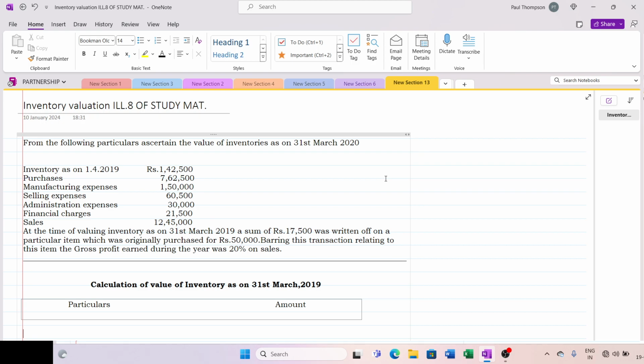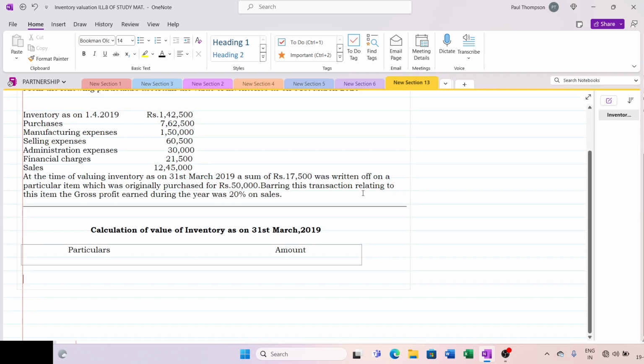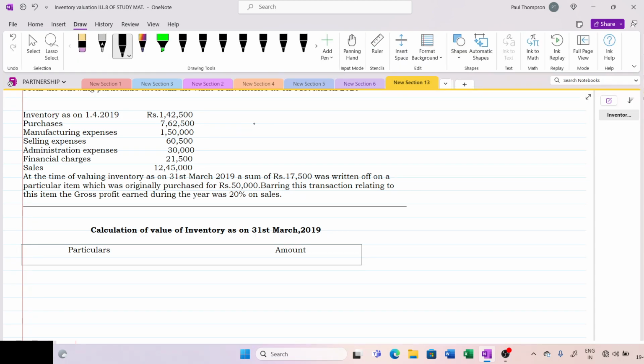Okay. Now first let us see a very simple illustration. Why I took this, you should understand the basic concept of inventory valuation. Then only you'll be able to do some complex sums. Okay, now see here, we all of us know the formula for cost of goods sold. You all know very well from your class 11, cost of goods sold is equal to opening stock